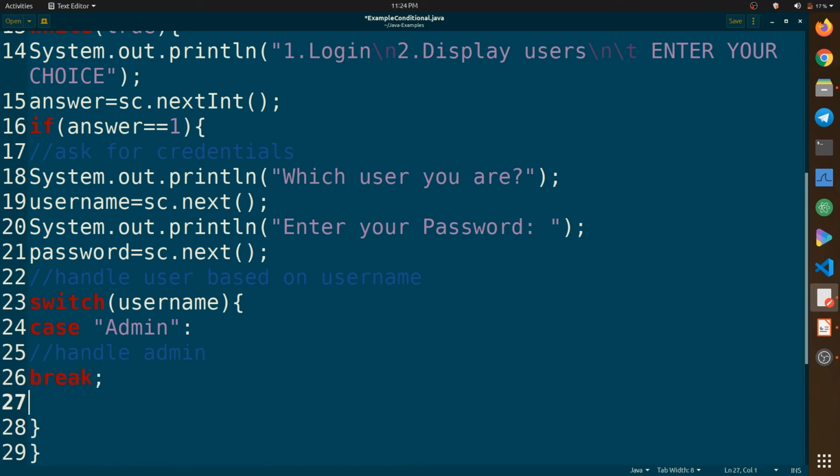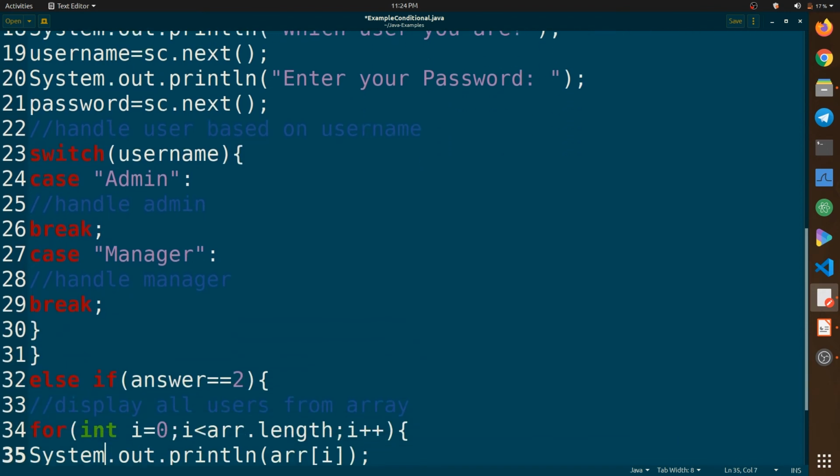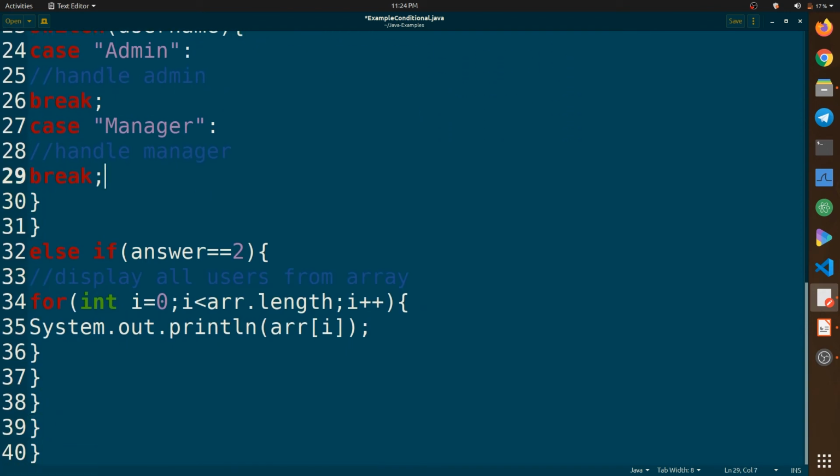Then break, after handling it, break our case. And another case we have for manager. So handle manager here. Also write a break statement.